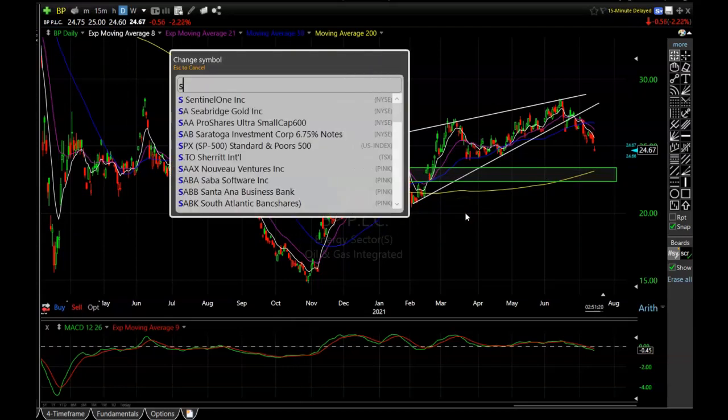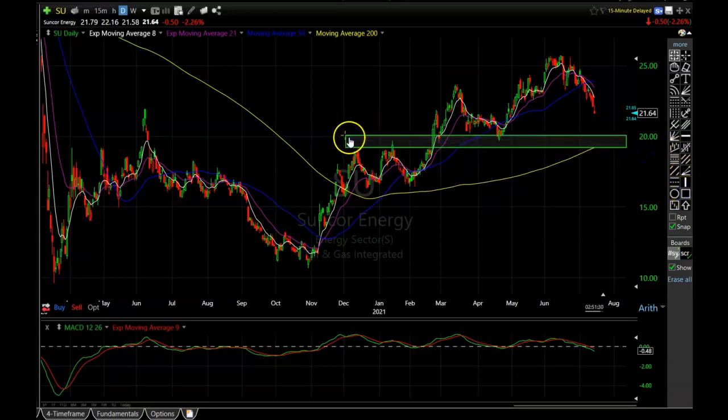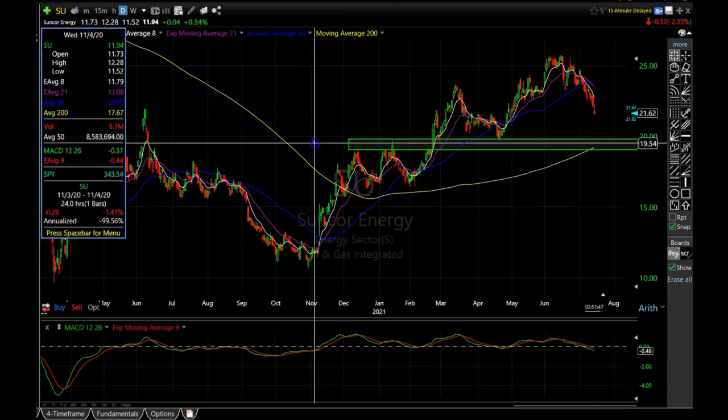Next one I want to go over is SU, which is Suncor Energy. This one is rolling over hard, and this one is also coming down to support. I mean, there's just support all over the place in these, and I expect these stocks to catch some support, and I think odds favor that a lot of these are going to be pulling back down towards that 200 period simple moving average. That might be wishful thinking. They might not make it all the way down there, but if they do, I think there should be some